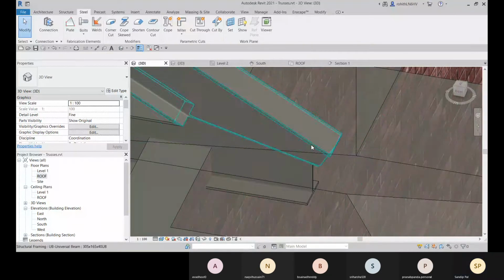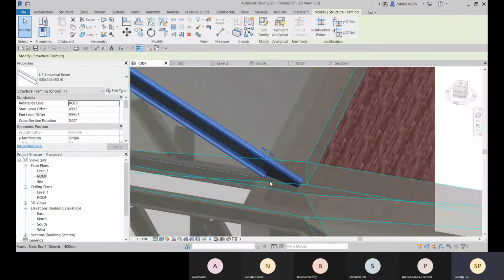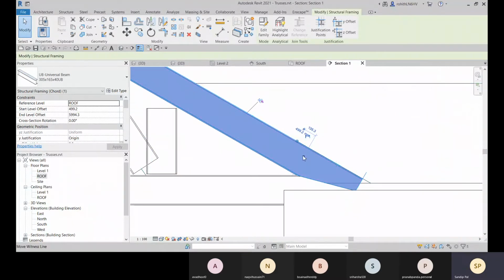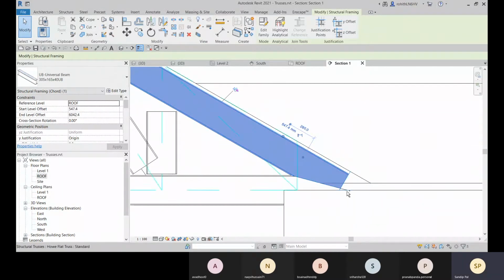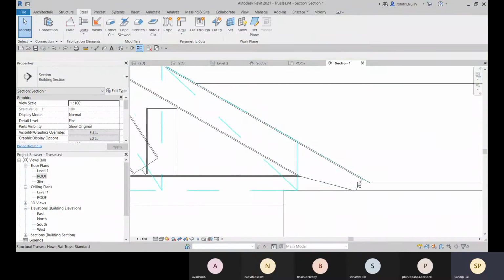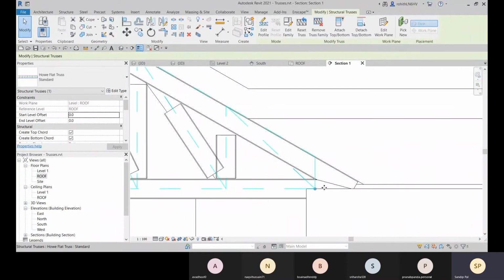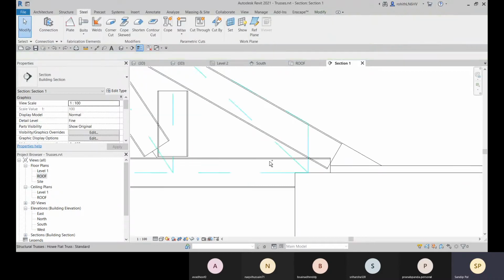Okay, and after that you can also select it, go to the section 1, and there you can, okay, if you want to move it up, you can just make the changes. So right now this is the joint type. Okay, now we will not do that. So what I will do is